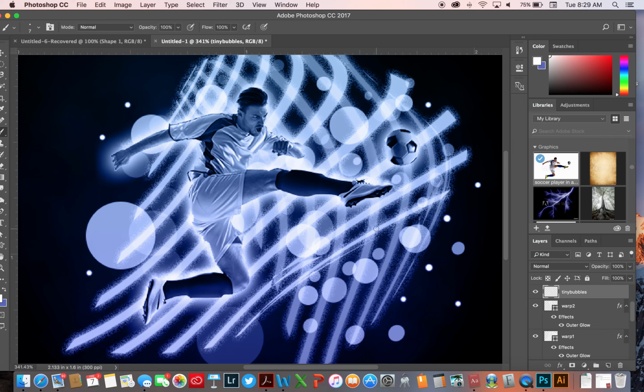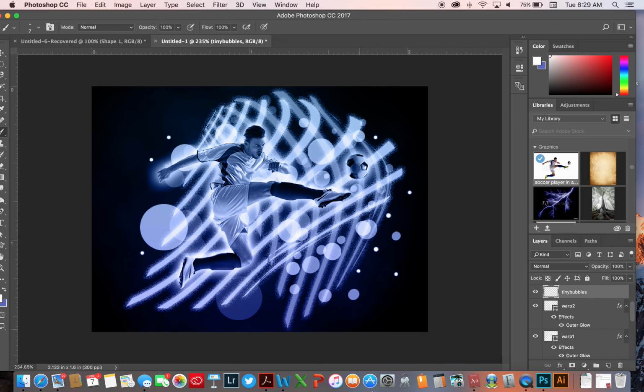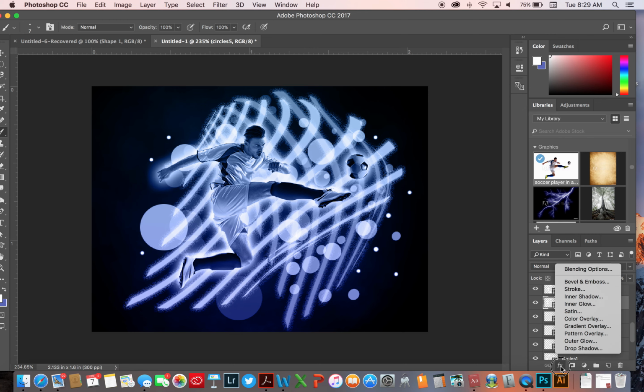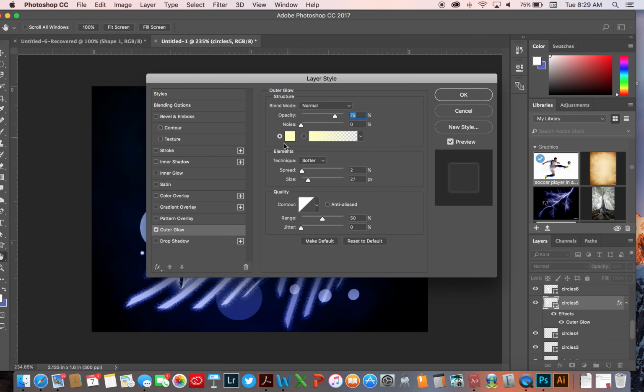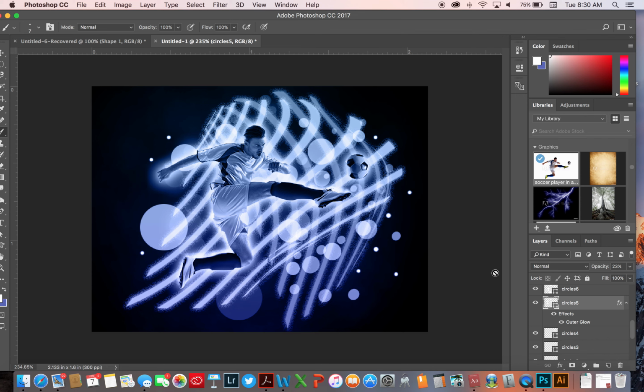All right, this completes the image. If you'd like, go back in and add an outer glow around each one of your circle layers. This can add a greater effect. Again, I'm using the same color as before, the FFFFBE, and you can add just a slight outer glow around each of the circles. Once you have all of this completed, press Control, Alt, Shift, and E on your keyboard,